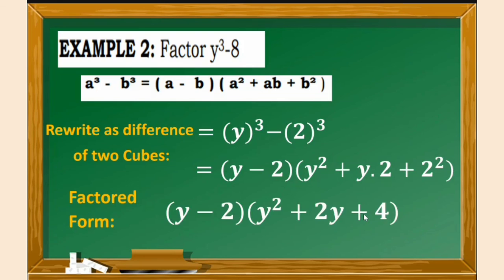Now, our factored form. So, copy or bring down y minus 2, which is the first term, and our first quantity, and our second quantity, bring down y squared plus, again, multiply lang po natin to. Y times 2, ilagay lang natin si 2 sa harap, which is 2y, plus 2 squared, which is 2 times 2, 4. Okay, so that is now our final